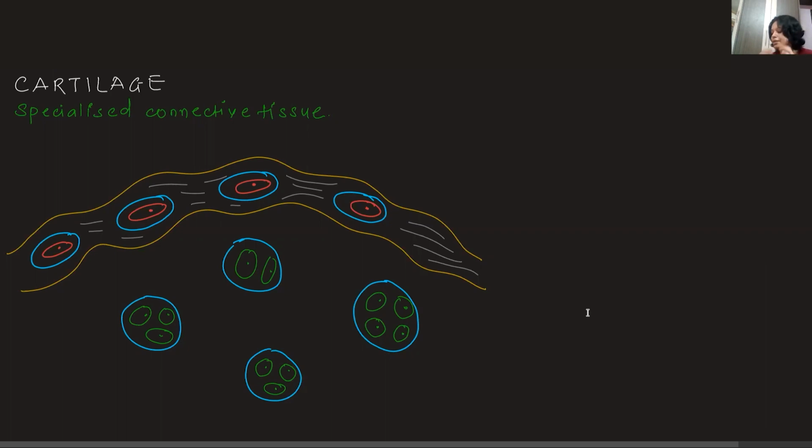You must be knowing that connective tissue is the most abundant tissue in the animal body, and this most abundant tissue has been distinguished into three major types: dense connective tissue, loose connective tissue, and specialized connective tissue. So let's start with this example of specialized connective tissue, wherein we are learning about skeletal connective tissue,